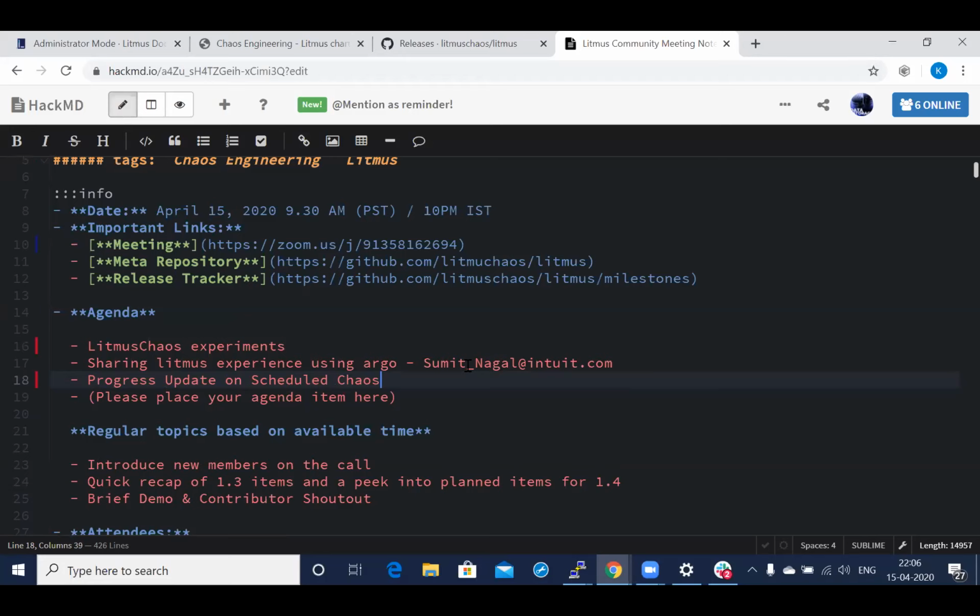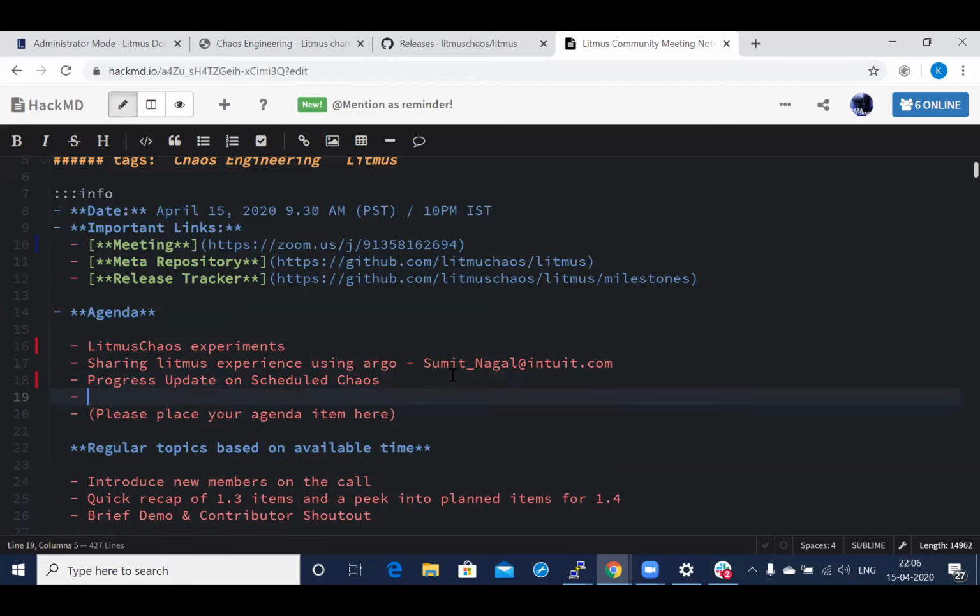And also, the other question I have is, I think Kartik said that I should submit a PR for the method I'm using, which I'm happy to do. But it really depends on how long it'll be before scheduled chaos is, if it's worth going through that effort. Okay.